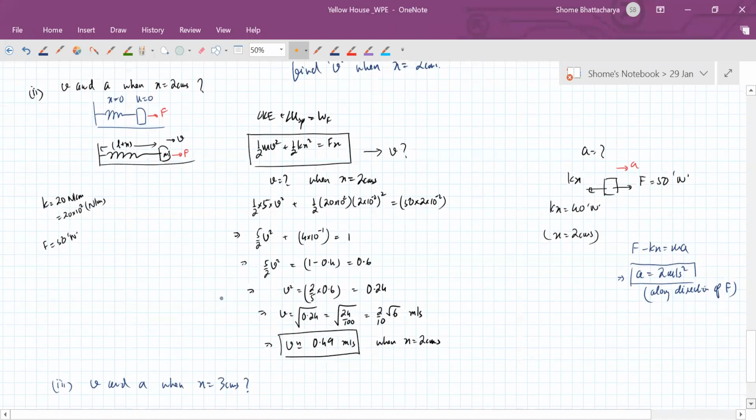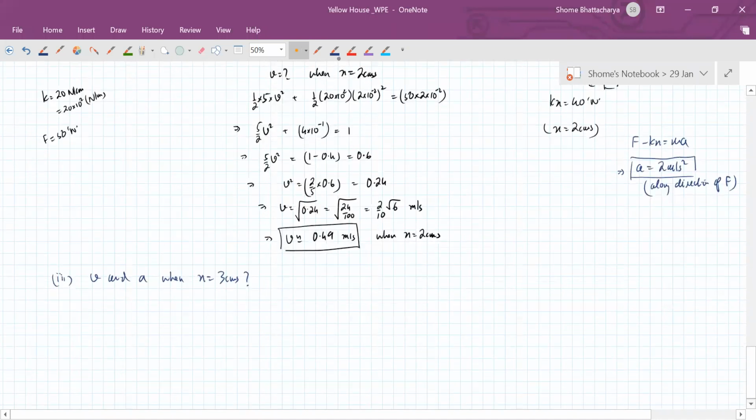So let's repeat this calculation for this. Minus will not come, beta. V will still be positive. See, 5 by 2 V square. Because see, V here is the magnitude of a velocity. No? So